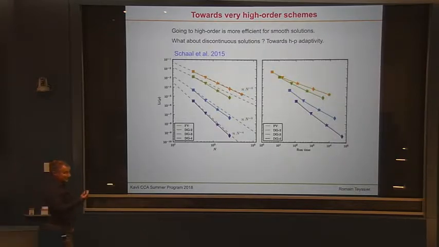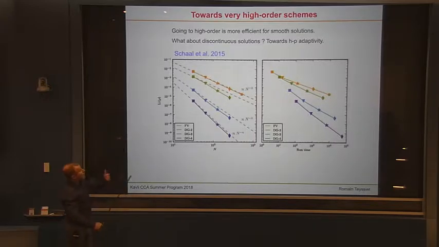Of course, as I said repeatedly, it works only for smooth solutions. And we know that in hydrodynamics, you have a lot of discontinuities. And so clearly, if you have a shock, if you have a discontinuity, it doesn't work anymore. And so it's more efficient, actually, in this case, to do what I showed before, which is to refine the mesh. So you use a first-order method or a second-order method, but you refine the mesh close to the discontinuity.